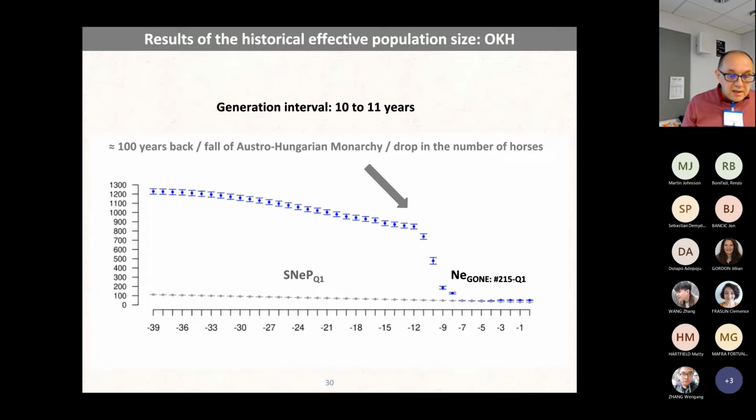If we multiply 11 by 11 or 10, we come to 100 years, which is the end of the First World War, when the empire was broken, and it's really documented that the number of horses